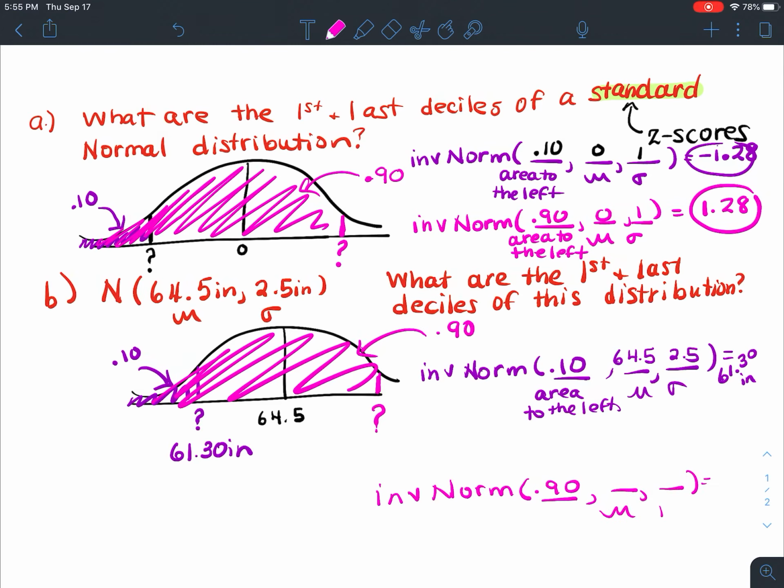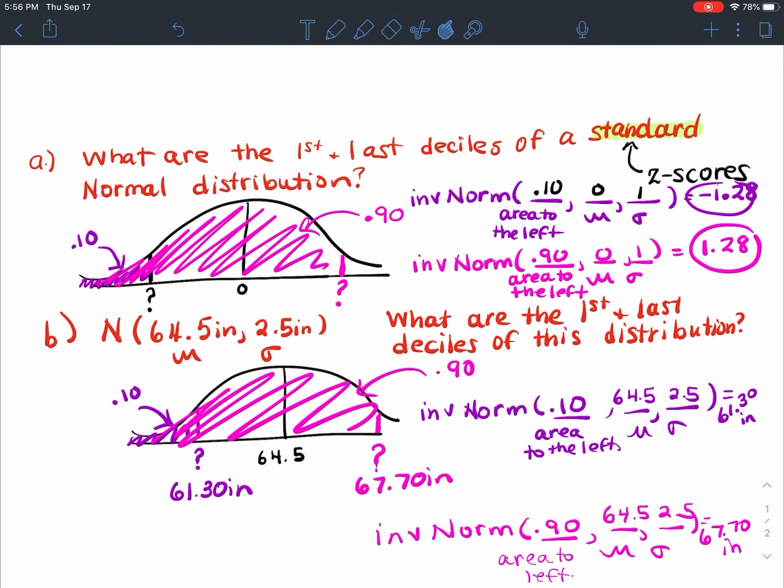I'm looking for that height value, which means all the area to the left is 0.9. I'm going to write down my calculator inputs here. Mu, sigma, area to the left. Okay, only I'm not talking about z-scores. I'm talking about this specific set of data where I'm given the mean and I'm given the standard deviation. And so that would land me at a height of 67